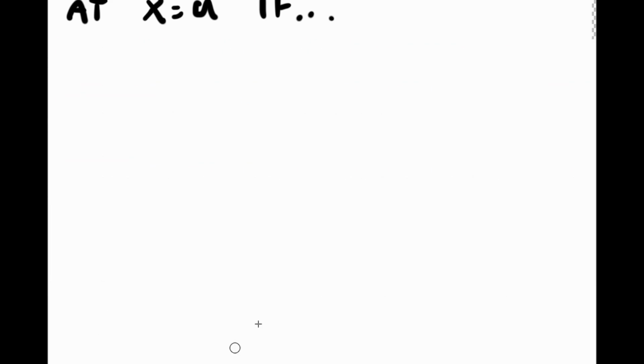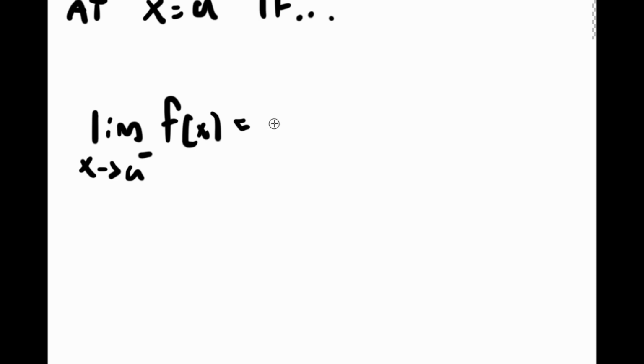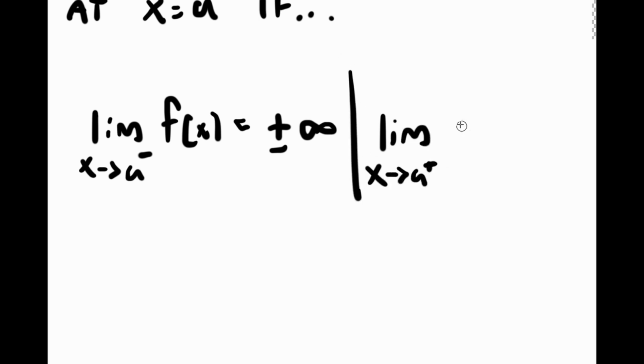Basically, it will have a vertical asymptote at x equals a if the limit as x approaches a from the left side of f of x is equal to positive or negative infinity, the limit as x approaches a from the right side of f of x is equal to positive or negative infinity,